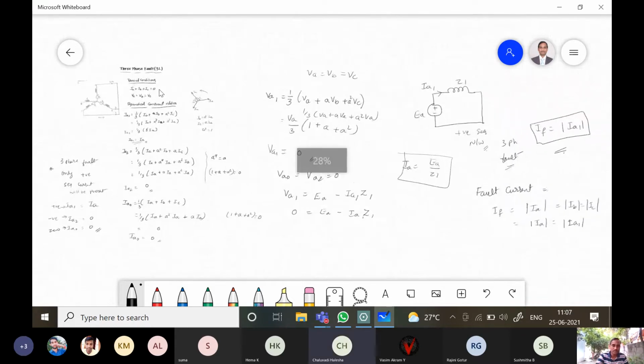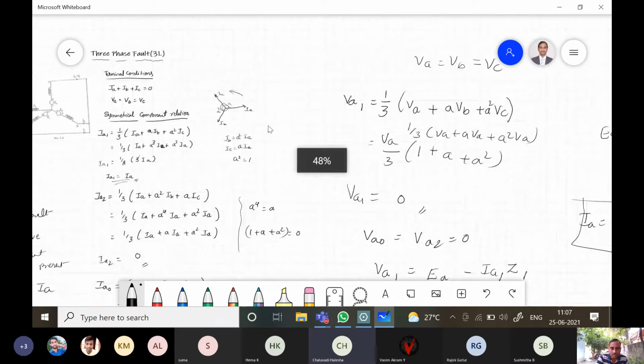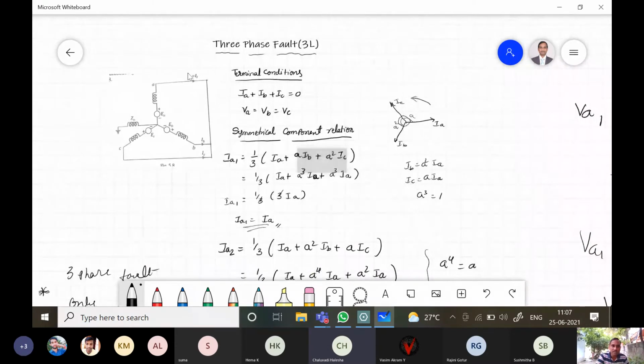Three-phase fault means all the lines get short circuited. It already comes under symmetrical fault. It does not come under the unsymmetrical analysis, but we can also write this in terms of symmetrical components. We can directly solve the three-phase fault, as you discussed in the previous chapter, but we can also write the relation in terms of sequence components. That's why I have told.